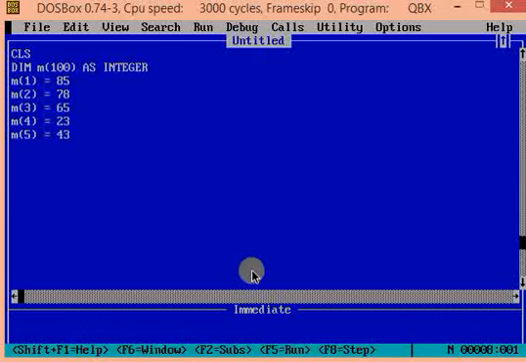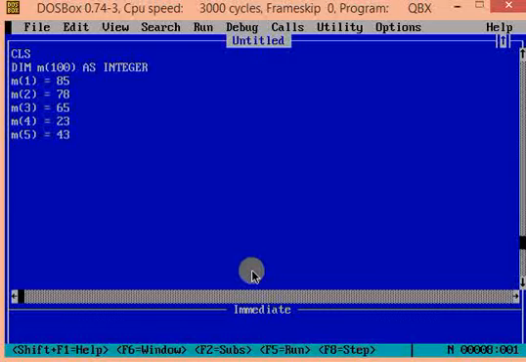M(1) is equal to 85, M(2) is equal to 78, M(3) is equal to 65, M(4) is equal to 23, M(5) is equal to 43. Let's say you want to print all the marks of 5 students.